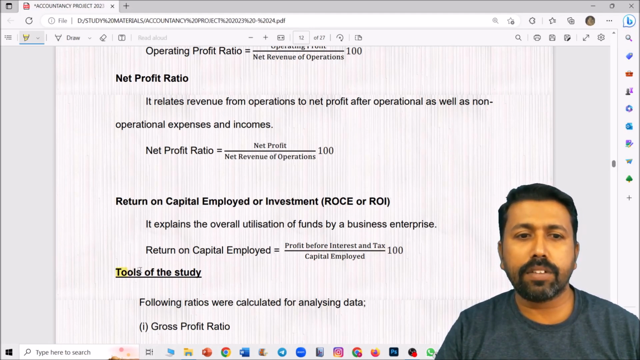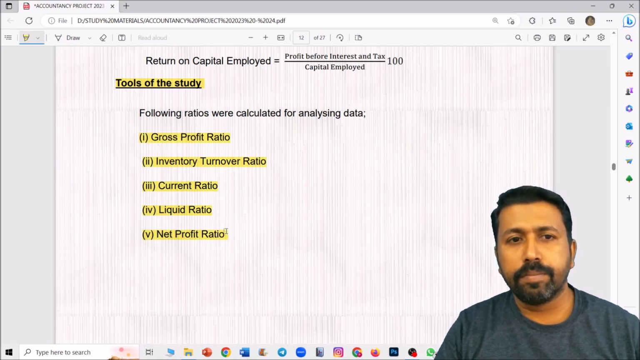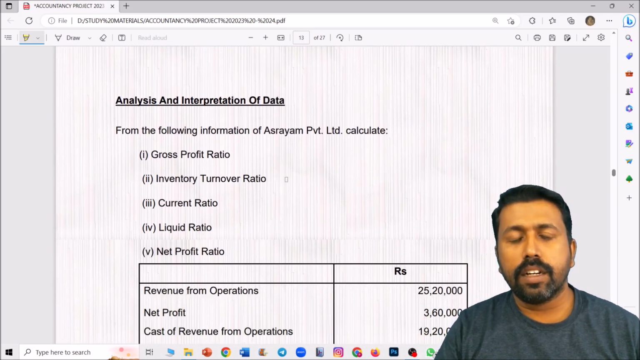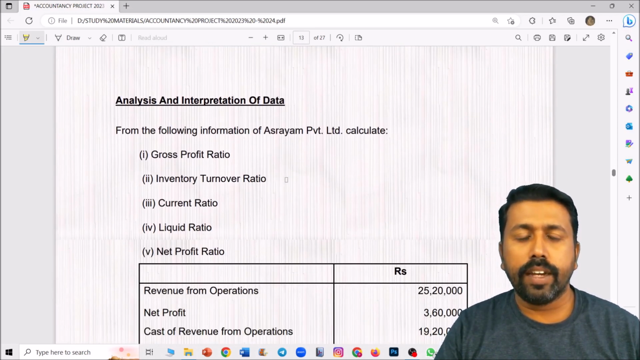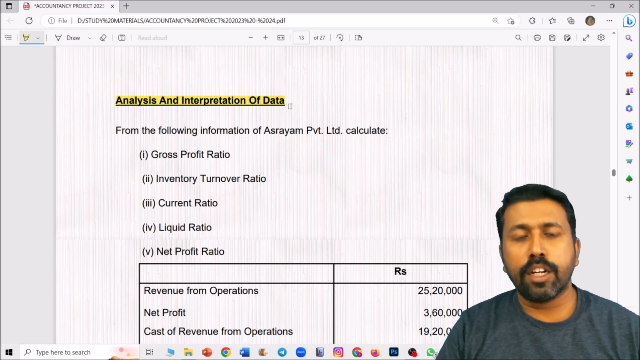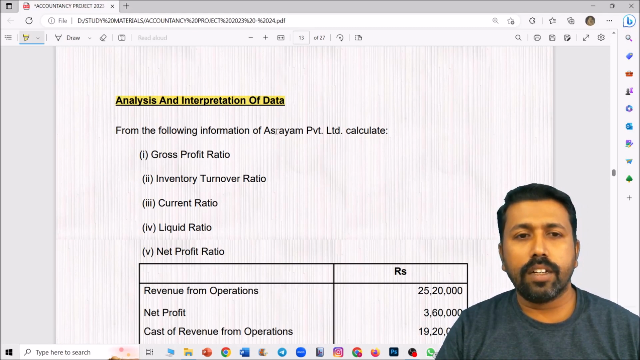And then I expressed the tools of study. What are the tools used for this session? Actually, this area is related to accounting ratio, so the tools we can use are all the different ratios we are calculating. A small problem is taken. You can take a problem with the balance sheet also, as your teacher demands. If you take a company's balance sheet, you can also include some items like the historical background regarding the organization before this analysis and interpretation,